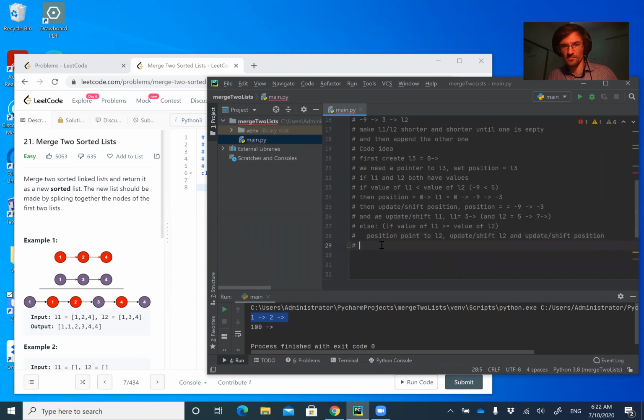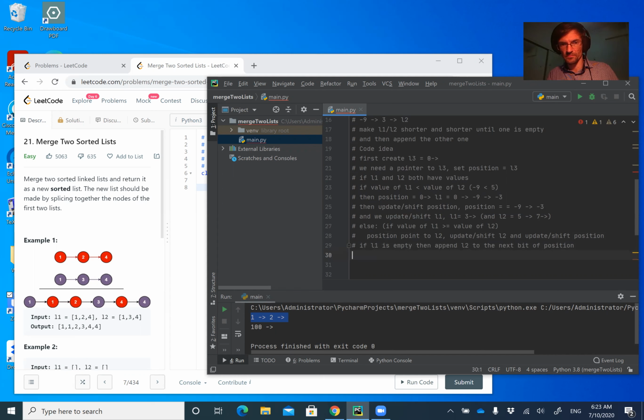Okay, so and then at the end, then it was like if L1 is empty, then append L2 to the next bit of position,